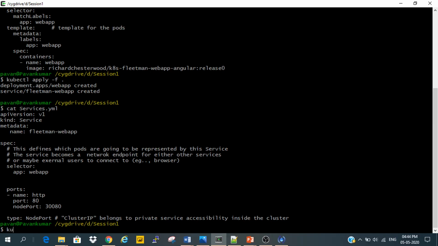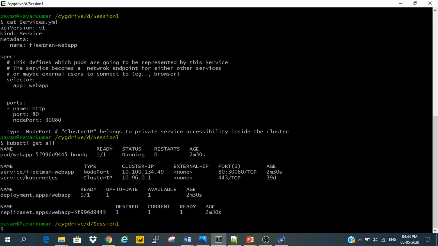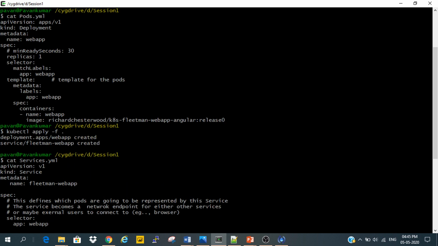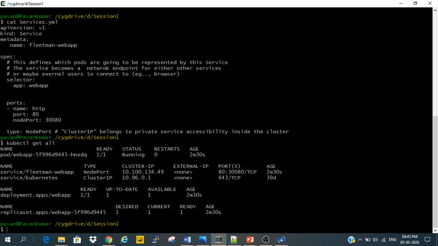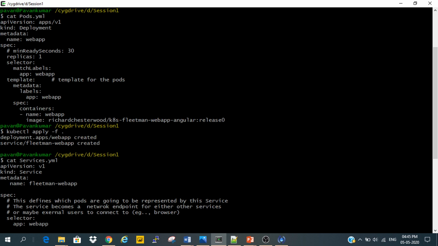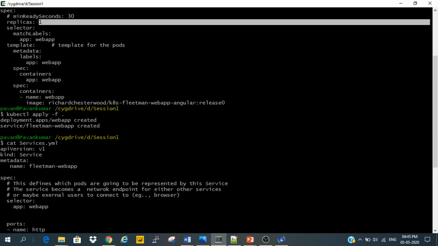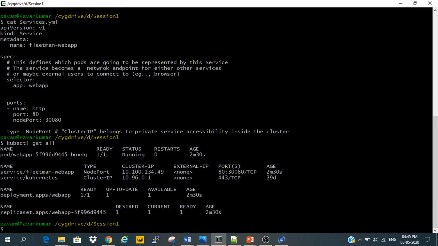Now let's see our command. What is the status of our pods? kubectl get all. Let's see now. As I said earlier, we have written a deployment, right? Here we have the deployment, apps web app ready, it is running successfully, up to date, available, yes, because we have asked it to always maintain one running. So currently we have one availability, one deployment.